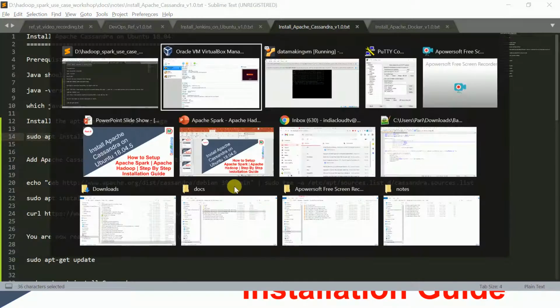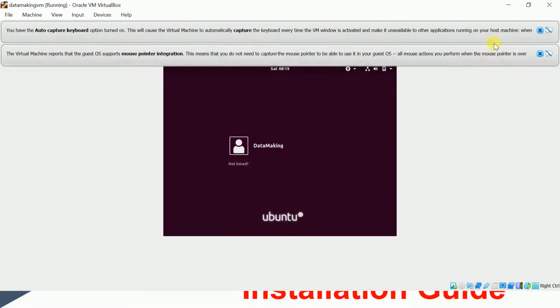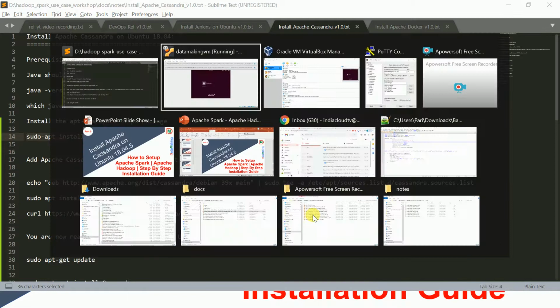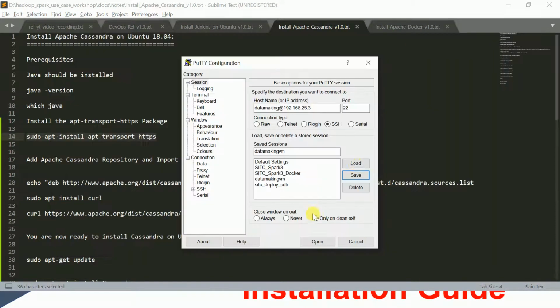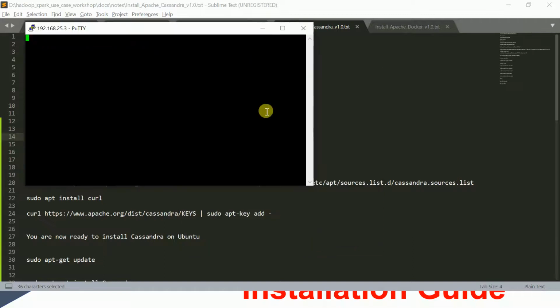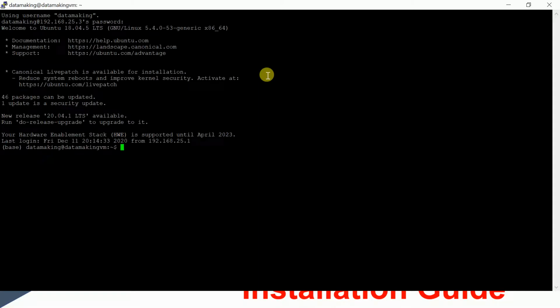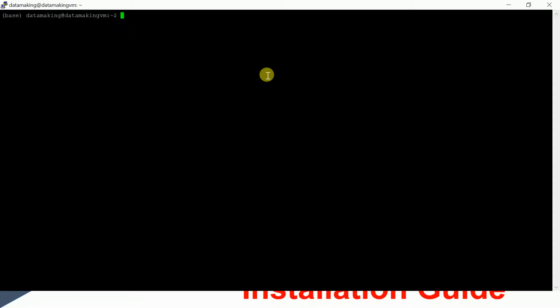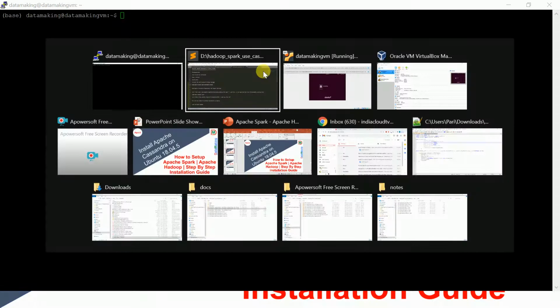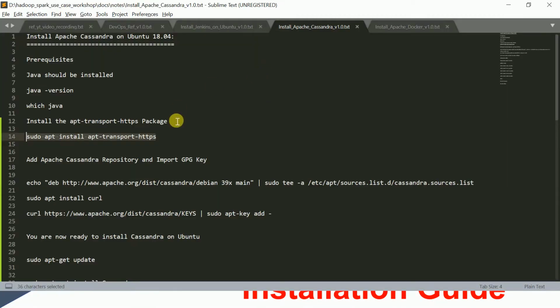Okay, so let's check. It is asking for login. I want to use putty, so I'm not going to log into the VM directly. The username which I'm using is data making, and the password is also data making. So I've logged into my virtual machine, which is Ubuntu 18.04.